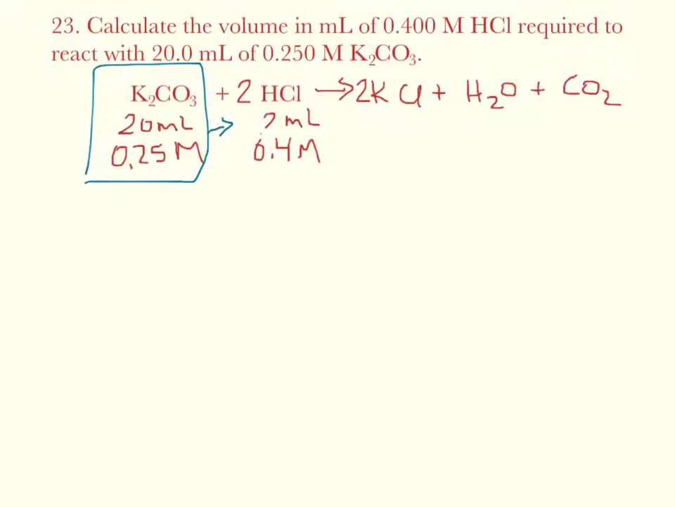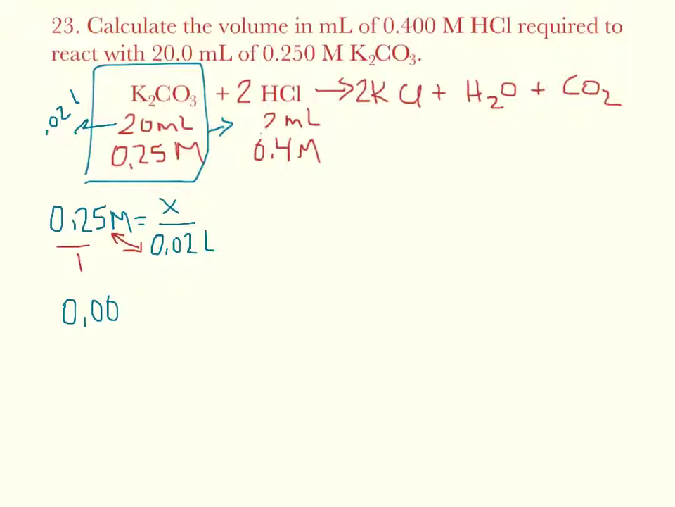So I'm going to start with the fact that 0.25 molar K2CO3 is equal to X over 0.02 liters, because 20 milliliters is the same as 0.02 liters. And then I'm going to cross multiply. 0.25 times 0.02 divided by 1. And so I end up with 0.005 moles. Now that's moles of